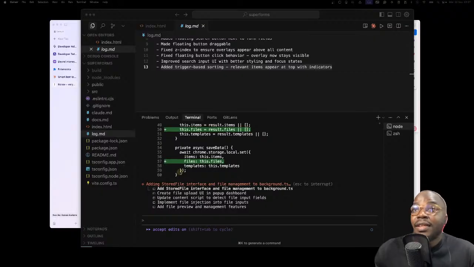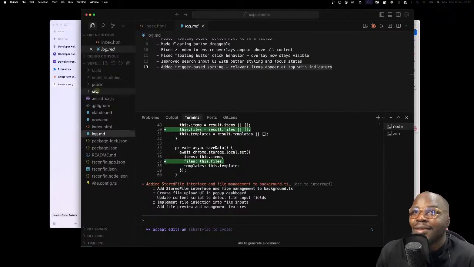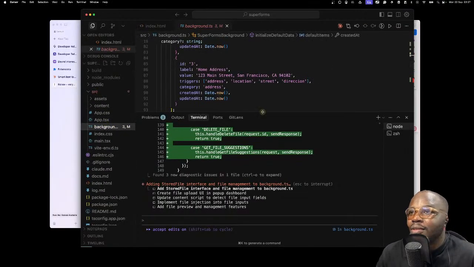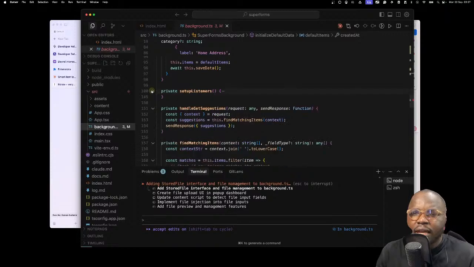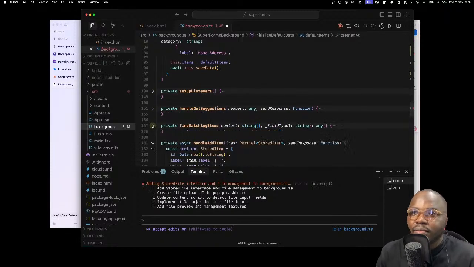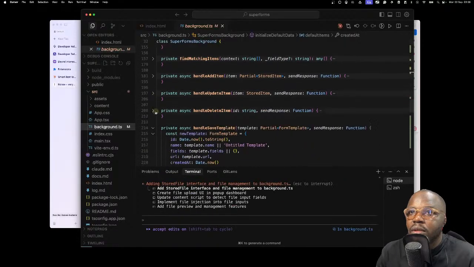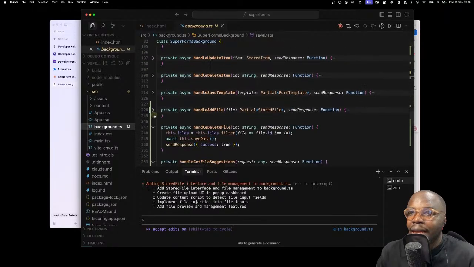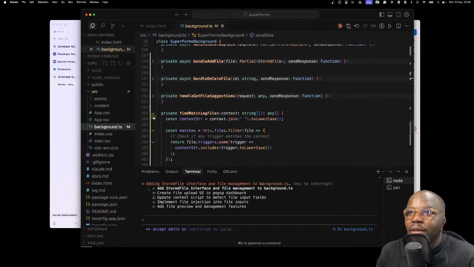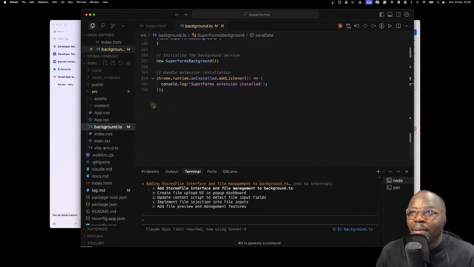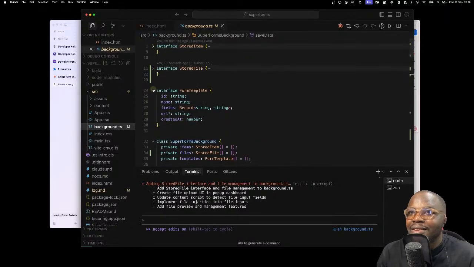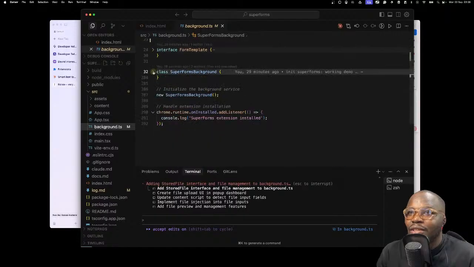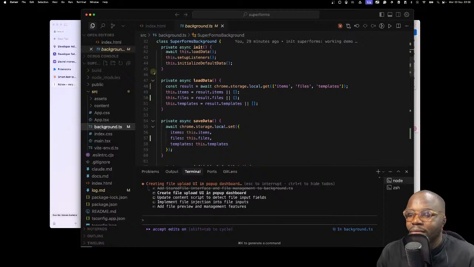I don't understand it. See, I've not even looked at the code. But I trust that Claude knows a couple things about extensions. And if he doesn't, it better learn. Right? It has access to the web, so it can learn it itself. I can close all this stuff. And do file, and do delete file, and do get file suggestions, and blah blah blah. Nobody cares, bro. Just work. You are my AI junior dev. Work. Make it work. That's all I care about.